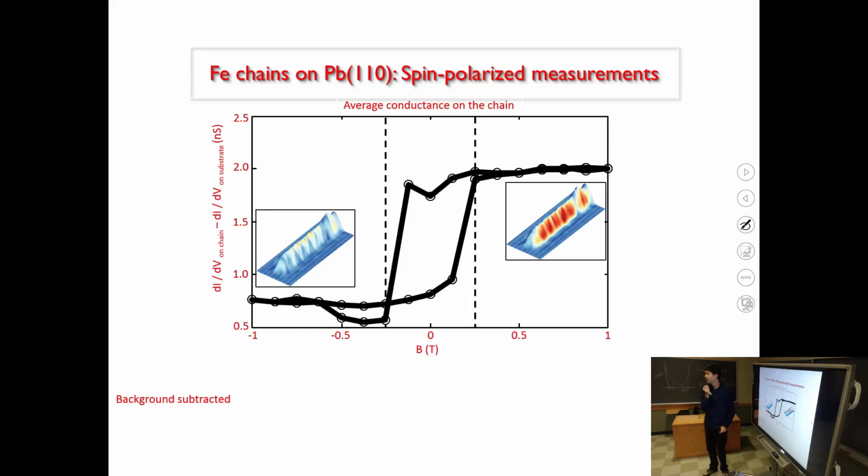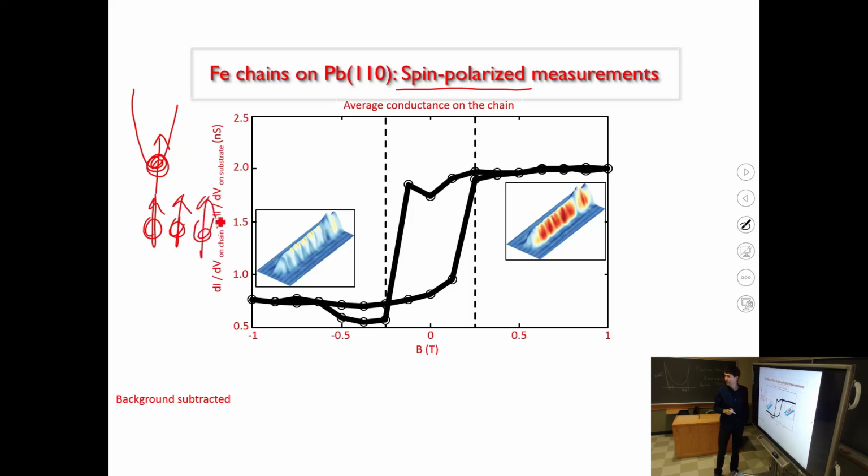Next thing they did was they verified that these chains are magnetic. Right? Magnetism is an important ingredient. They saw superconductivity, now magnetism. How did they do that? They used a spin-polarized STM tip. So what they did was they took their tip and they dipped it in a magnetic material, and then they got some spins on the tip. So now your tip has some magnetic material on it, and with that magnetic material, you are probing a chain